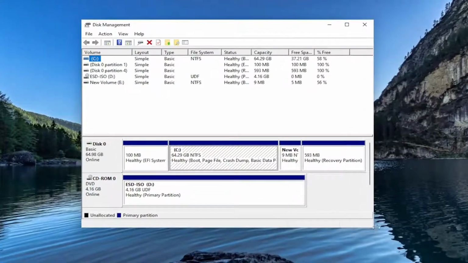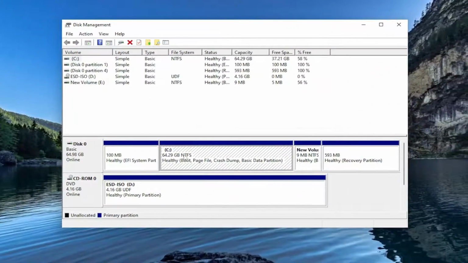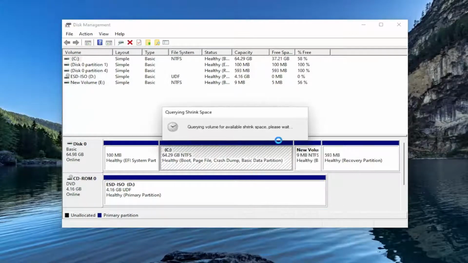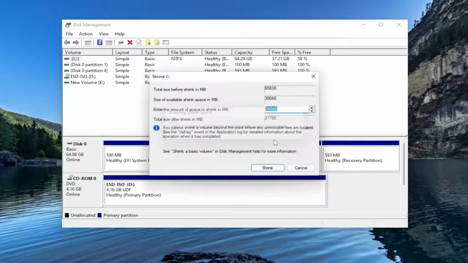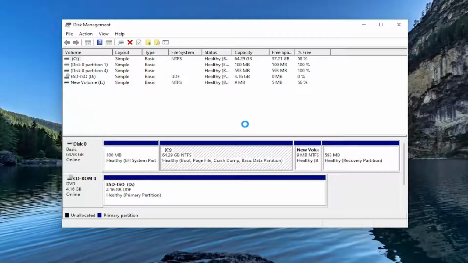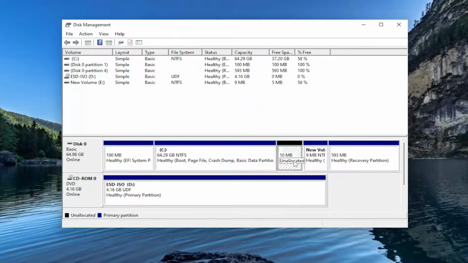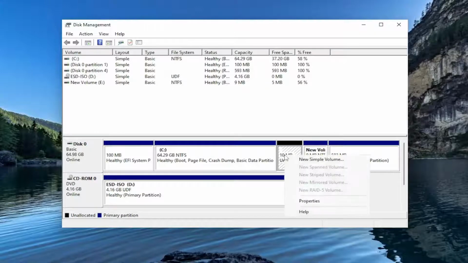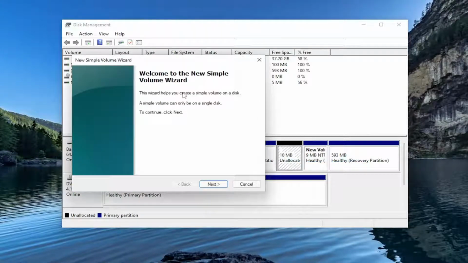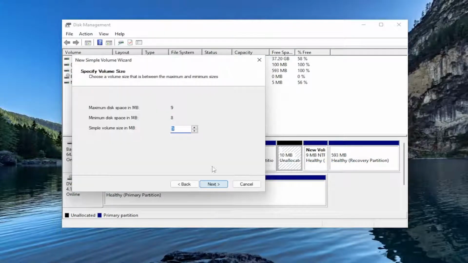So if you notice your volume in here might be unallocated space, you may have to go ahead and actually mount it. So for example, if I actually shrank this volume here, just to give an example of what it would look like perhaps, you may have a space in here that just says unallocated. You're going to go ahead and right click on it and select New Simple Volume, select Next, and then Next